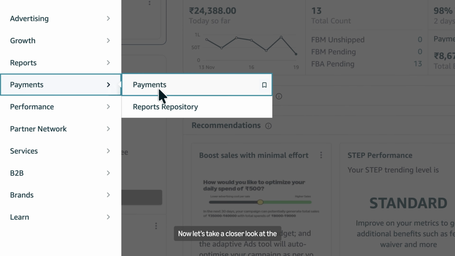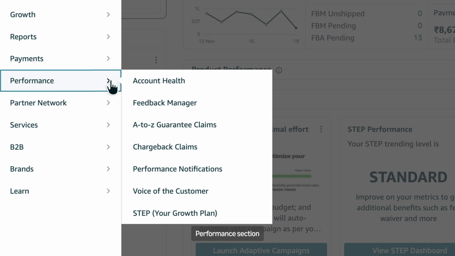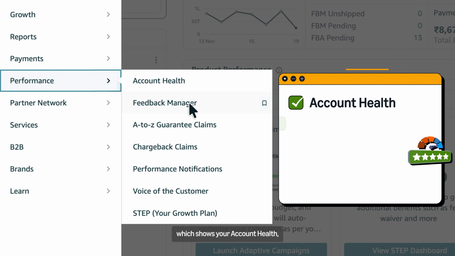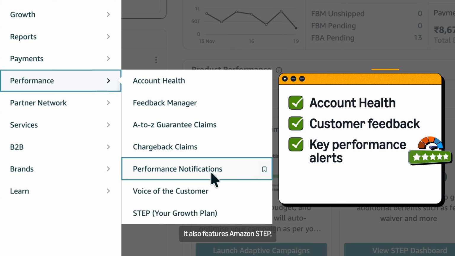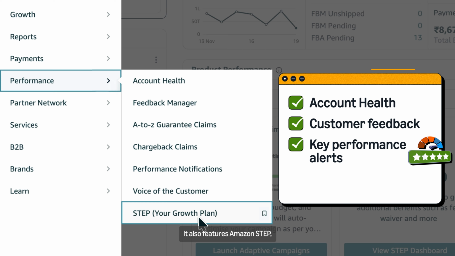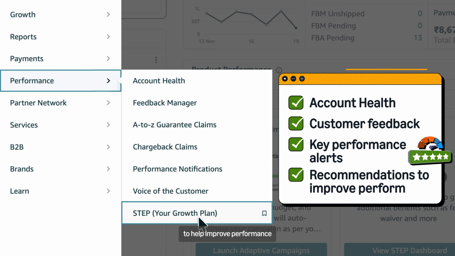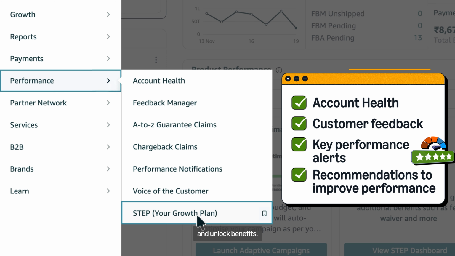Now let's take a closer look at the performance section, which shows your account health, customer feedback, and key alerts. It also features Amazon STEP, a program that offers recommendations to help improve performance and unlock benefits.